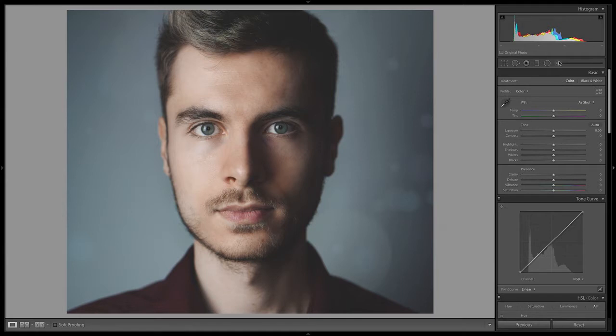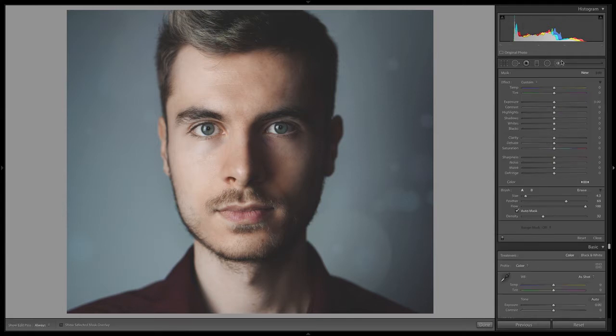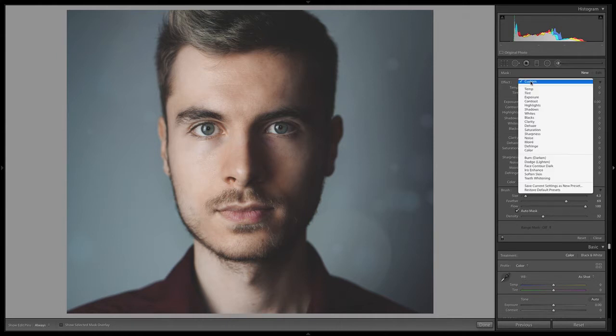All right, so if you go to your brushes over here, click the adjustment brush, and then click the effect, you actually have an iris enhance brush. That's one of the brushes we're going to be using to enhance the color. We can also use a brush to change the color of someone's eyes, and then we can also brighten the whites of someone's eyes.